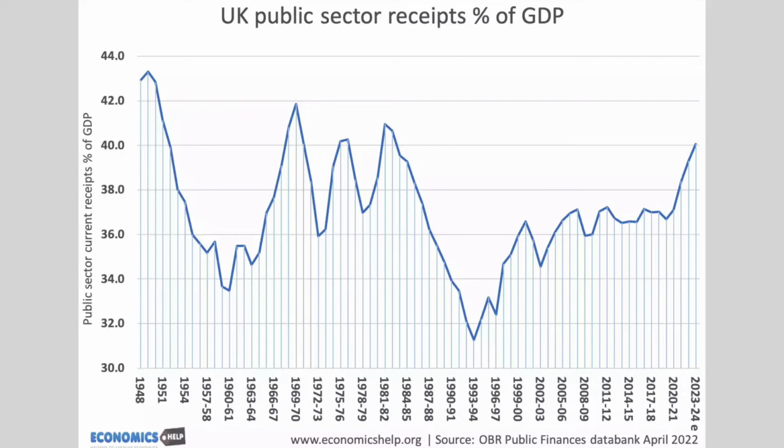Another problem for the UK economy is a rising tax burden as a share of GDP. You can see that since 1993, the tax burden has risen quite significantly. But the problem is that there hasn't been any strong dividend of higher public sector investment. The rising tax burden really highlights the weakness of tax revenues and the need for higher government spending on COVID bailouts, healthcare, and spending on welfare.